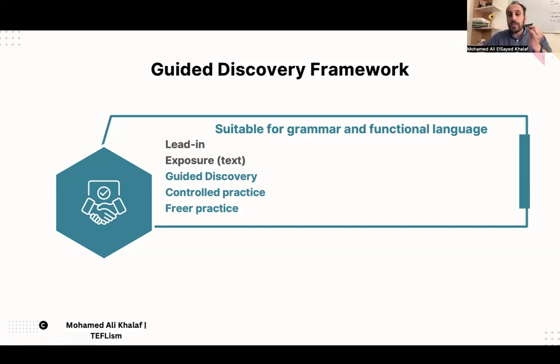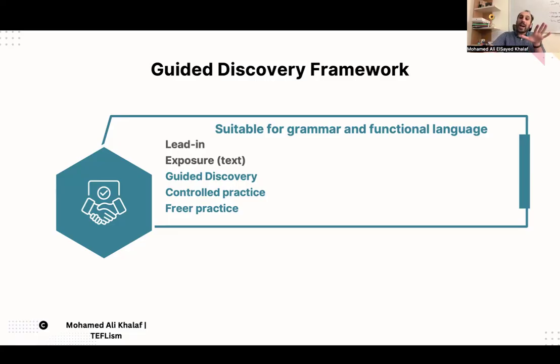But here, the students discover the meaning and the form. Then we model and drill and we highlight the phonological features. But they actually depend on themselves and your guided discovery task in order to learn the meaning or the use and the form at least.